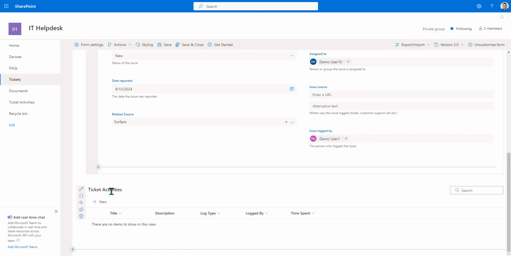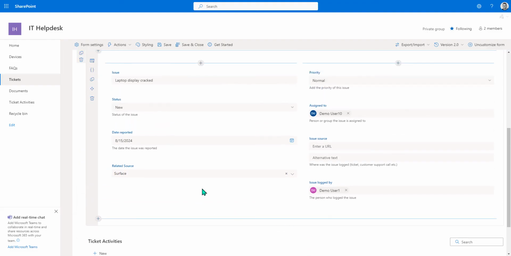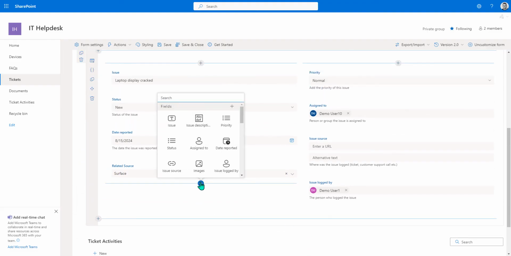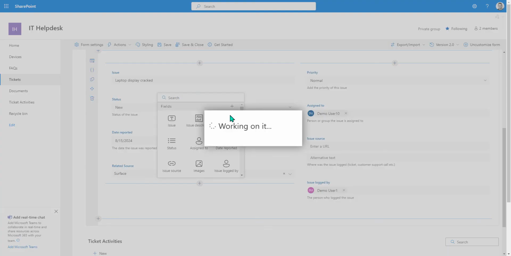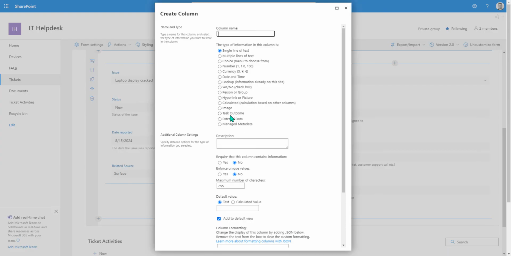Now, part of the ticket activities list is this column here called time spent. And what I'd like to do is add another new field to my main form, which we don't have yet, called total time spent. So we can see how much time we've actually spent on this support ticket. So we'll create a total time spent field. And we're going to make this a